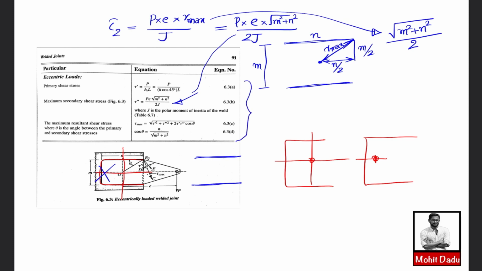If such a case is coming, then you can apply all these equations to find this resultant shear stress and solve. But if a C section or another section like this one is coming, then you have to know the general expression for primary and secondary, and from that you have to evaluate the resultant shear stress. For such cases, we will be solving problems in the coming videos. So hope you understood this entire theory as well as the design procedure and this mistake.